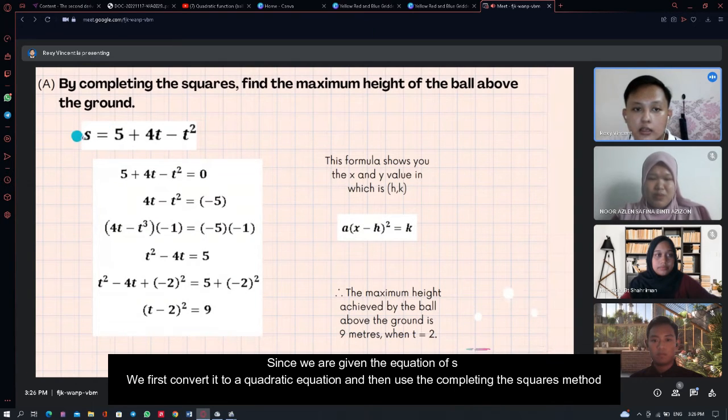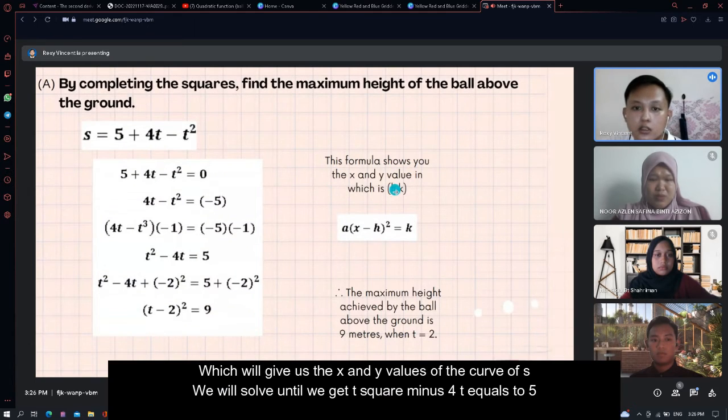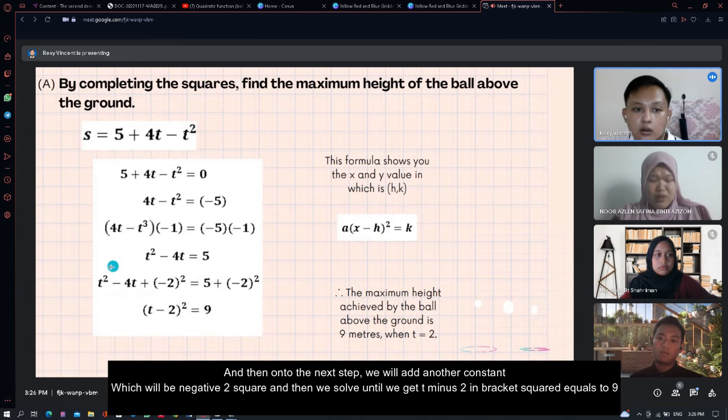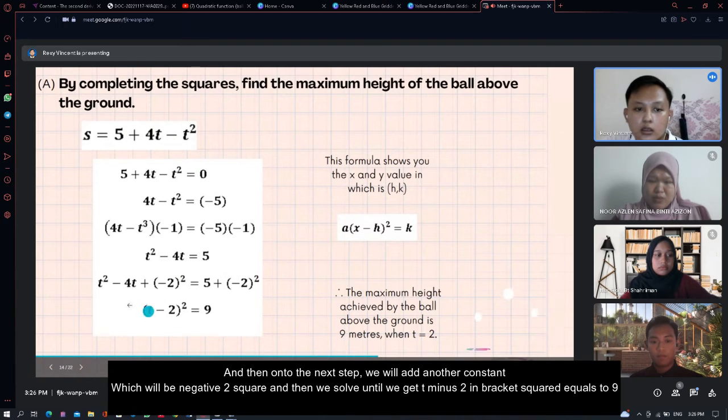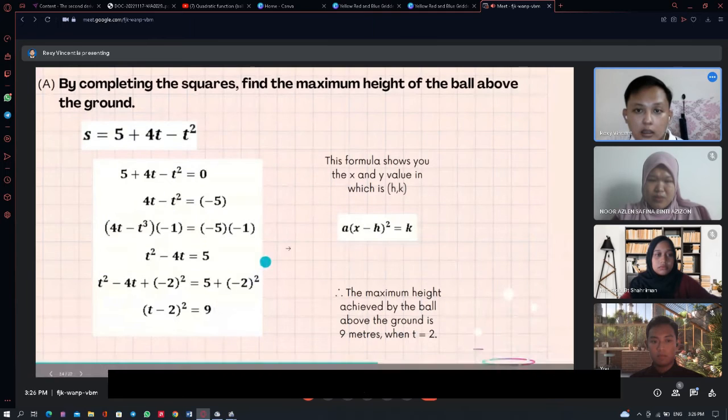Since we are given the equation of s, we first convert it into a quadratic equation, and then we will use the completing the square method, which will give us the x and y values of the curve of s. We will solve until we get t squared minus 4t equals 5, and then in the next step, we will add another constant, which will be negative 2 squared, and then we solve until we get (t minus 2) squared equals 9. Therefore,